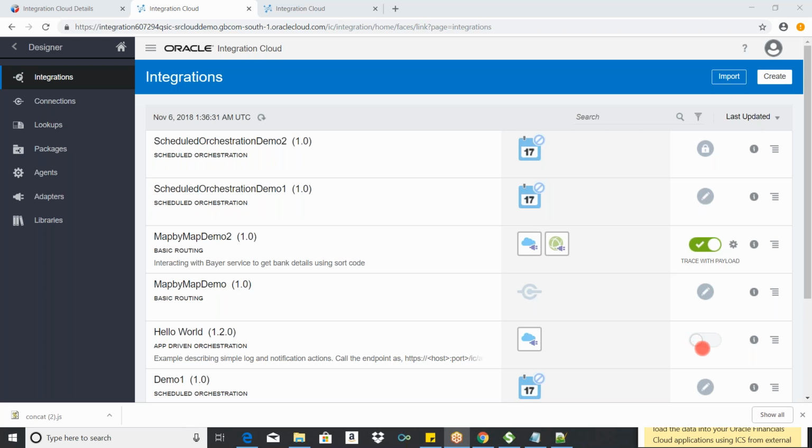If you want to activate this integration, click on the radio button. That's it. Just tap on this button. Automatically it will change into this green color. I mean, after we enable the test with payload option and all the things, it will change into this color. So a total of four statuses are there. First, draft version and the configured state, and the green color denotes that this integration is successfully activated and ready to run the test data.